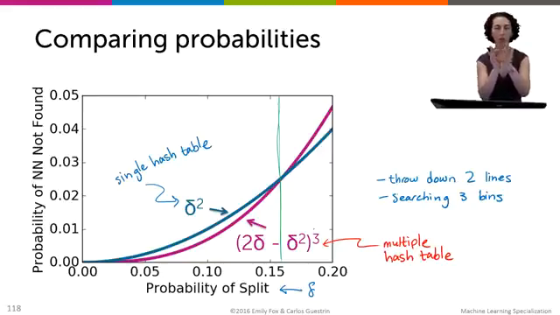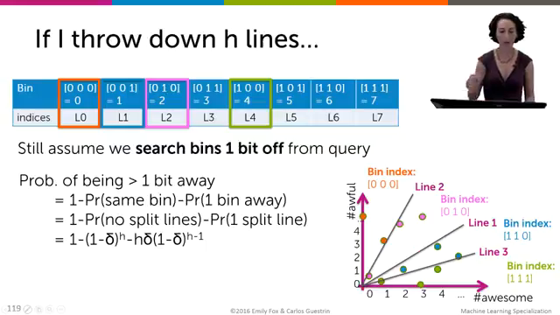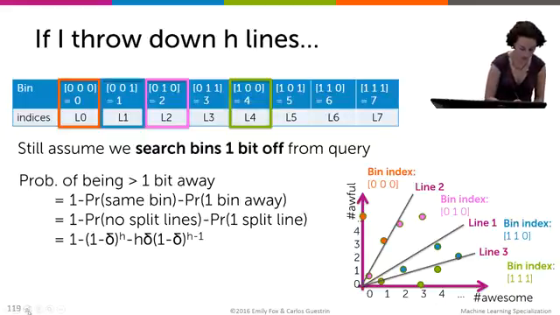But we're going to assume in a lot of cases that the distance between our query and its nearest neighbor is small. And so in these cases, we definitely get a benefit from looking at multiple hash tables. But the benefit is even larger if I think about throwing down more lines than just 2. So let's